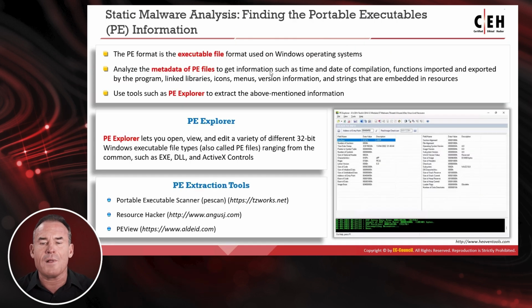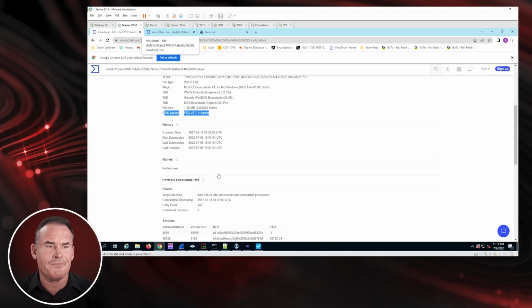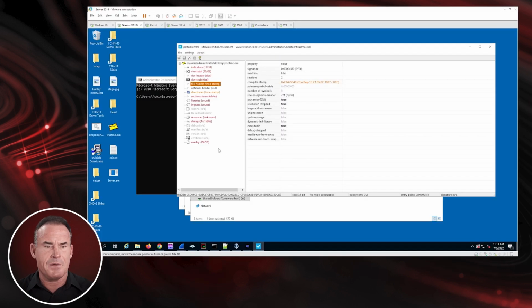All right, finding portable executable information. There's a variety of pieces of information, some of it kind of boring, to be honest with you. Date and time of compilation, functions, architecture. I would know it's an x86 architecture. Link libraries, icons, menus, and so forth. PE Explorer will actually extract a lot of this for you. And speaking of which,